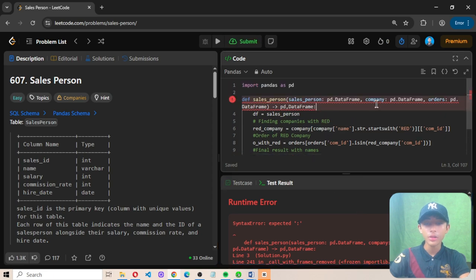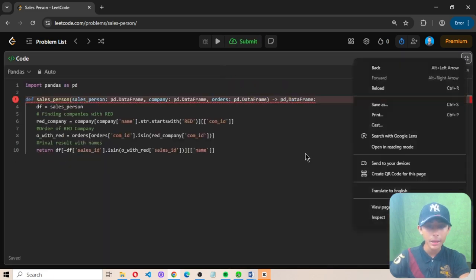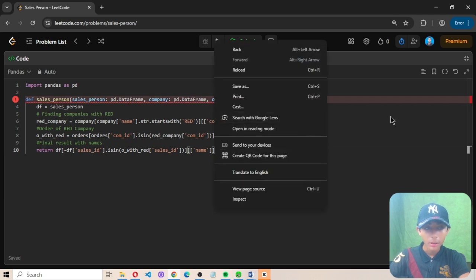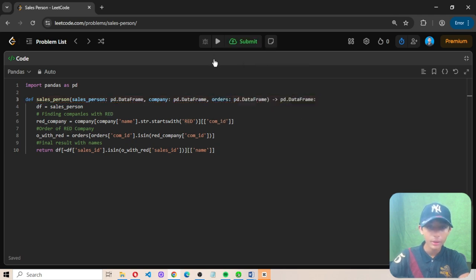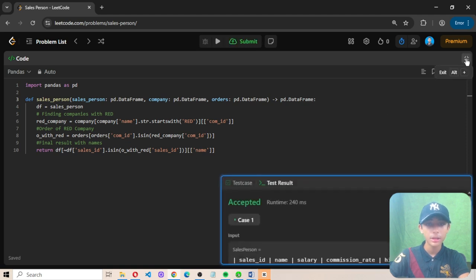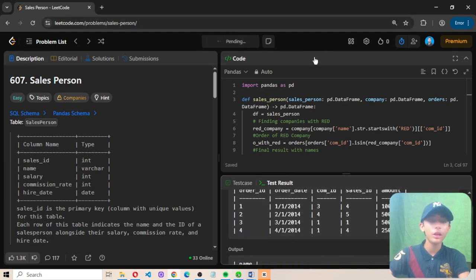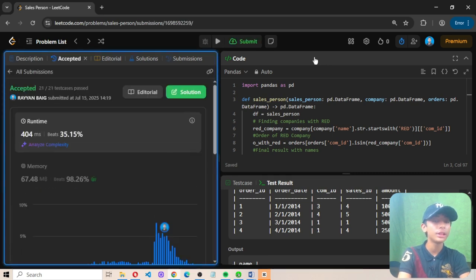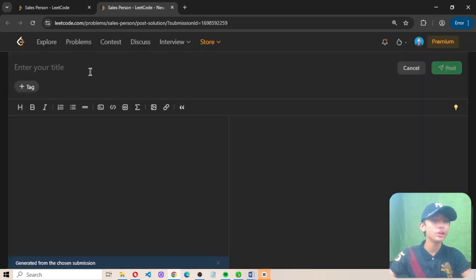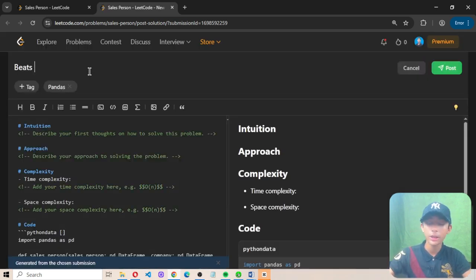So now when I run this code, it is giving me an error in this line. Okay, I think here I defined dot, but I defined a comma here. So now let's see. Now it has been accepted, you can see it. So here you can see in today's video we solved this question. Now the last thing is to submit this code. So when I submit this code, the submission is also accepted, and I beat 35.15% of people. So now let me paste this solution, and let me write here beat 35.15%. Okay. So now let me post this.